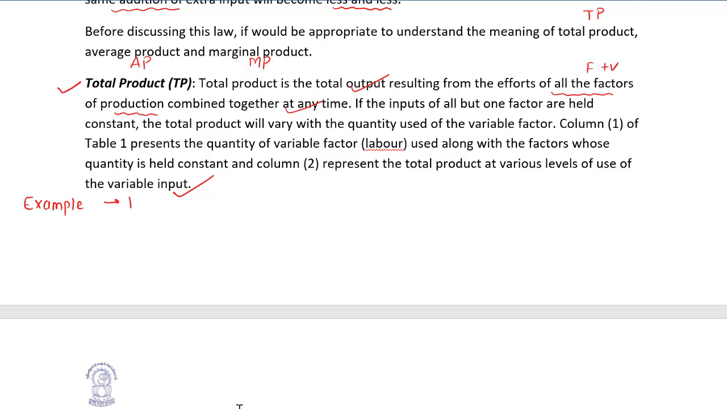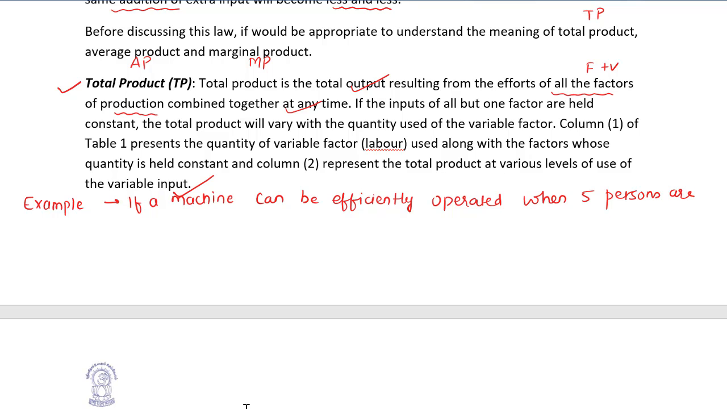Example: if a machine can be efficiently operated when 5 persons are working on it,